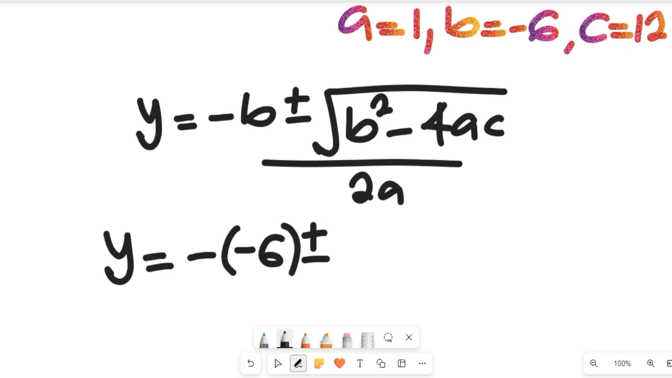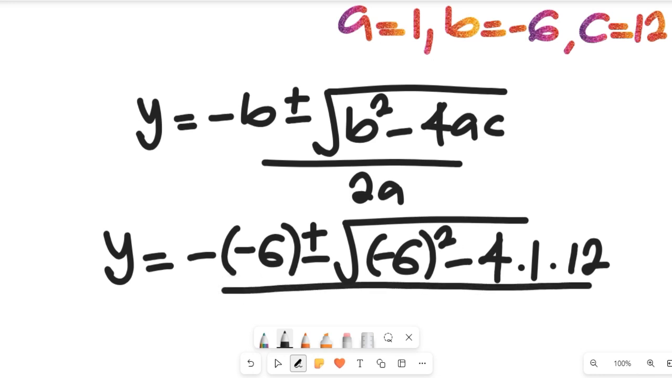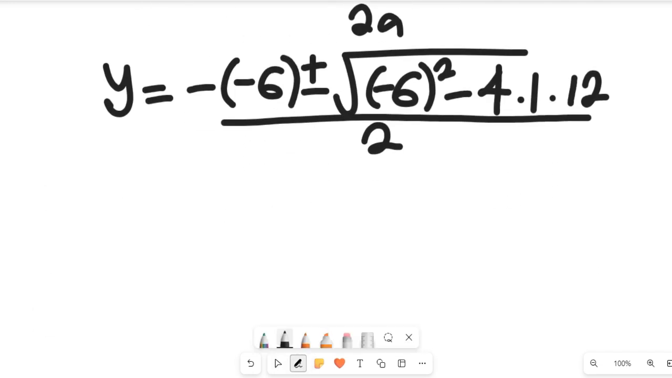Plus or minus the square root of negative 6 squared minus 4 multiplied by 1 multiplied by 12, and all of this will be divided by 2 times 1, which is equal to 2. Great. Now the value of our y will be equal to, this is going to give us 6 minus